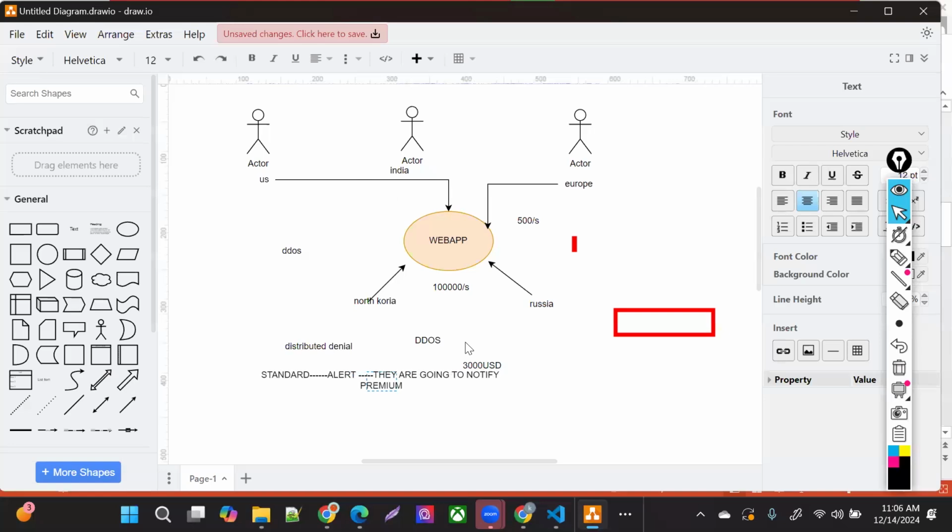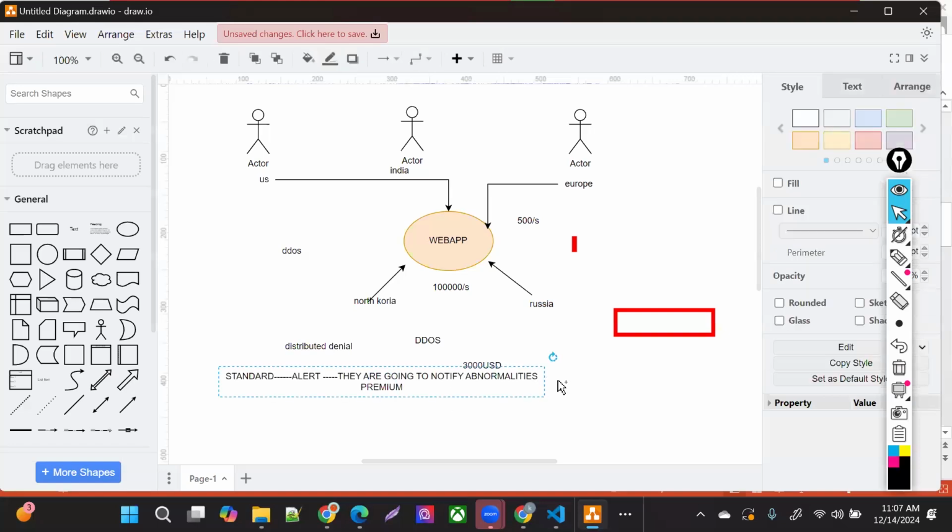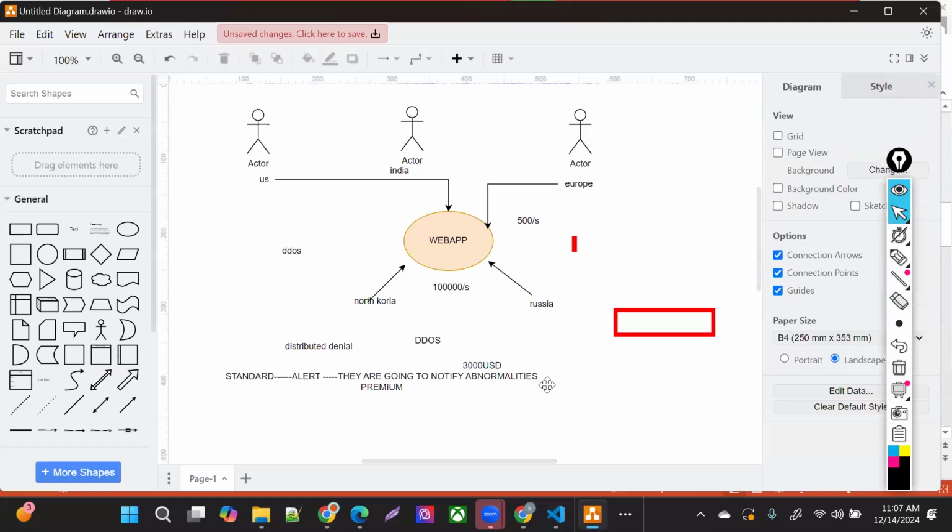We are seeing abnormal activities. We are showing that abnormal sort of request on your application, right? They are going to notify you that abnormalities are happening. But obviously you need to have that alert and logging mechanism in place for that. For all of them, you need to have that alert and mechanism in place.